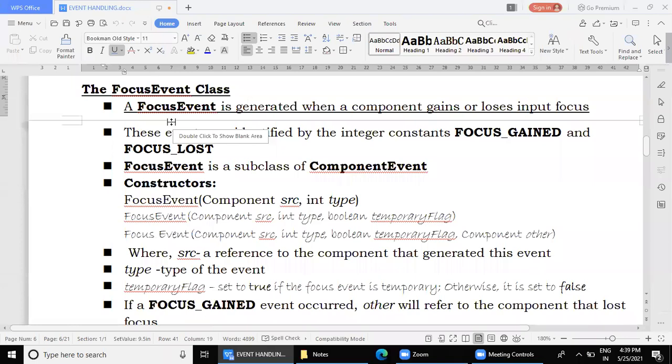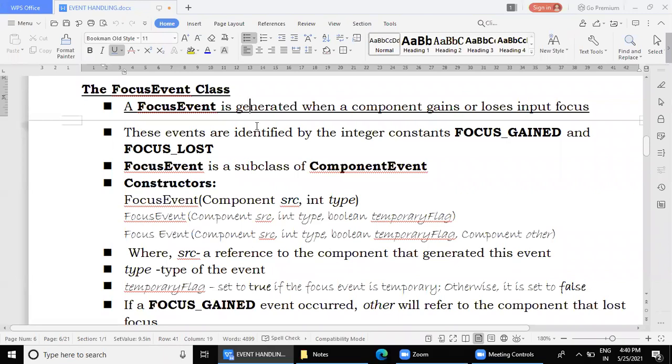In other words, when I give the focus to some other component, the previously active component automatically loses its focus. So focus gain and focus lost are the two things that happen simultaneously.